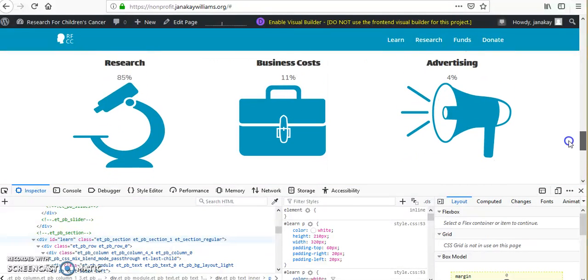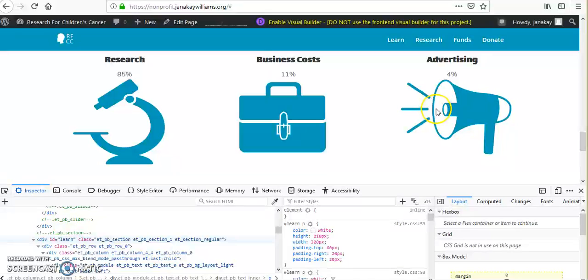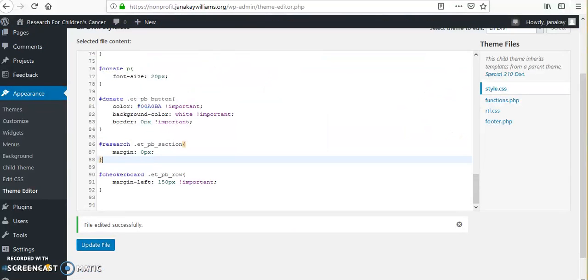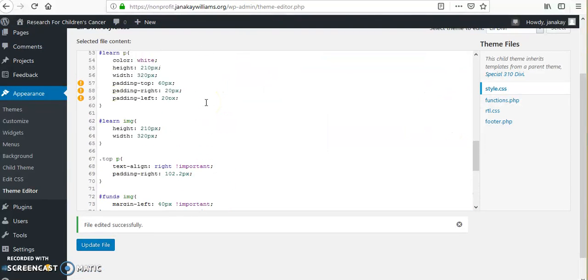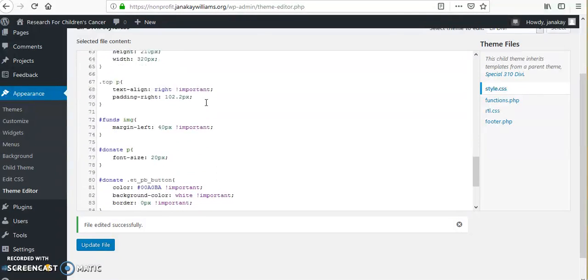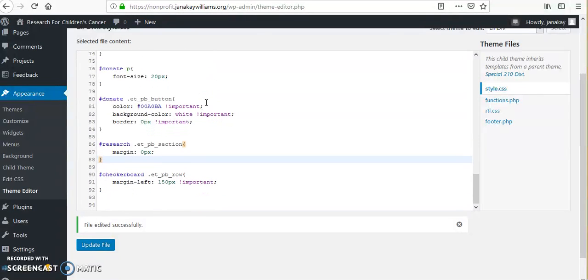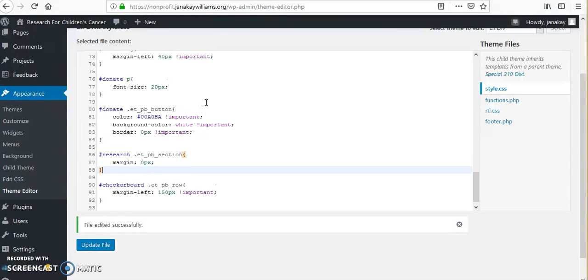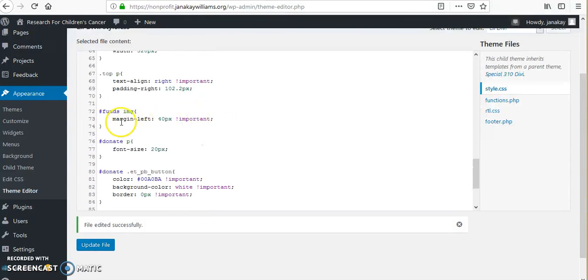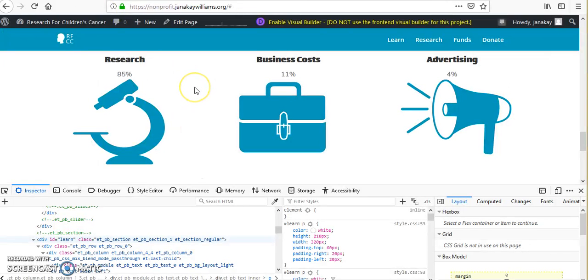And then just one more thing was with these icons. They were a little off center, like to the left. So, let's see. It was in funds. Yeah, this is what I used to move the images over, and it worked. It centered them kind of, except like